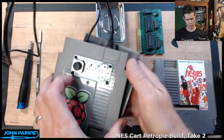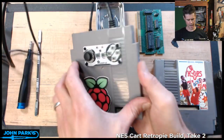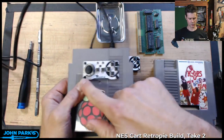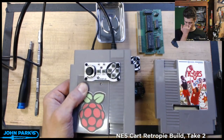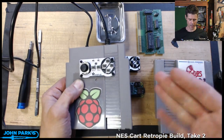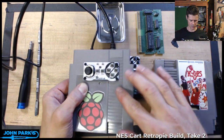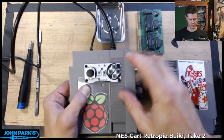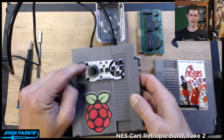And then on this one, and I say on this one because I think I'm going to do it differently today, on this one I had drilled out some holes and screwed the Pi bonnet onto the case, which is great. It's really nice and secure. I think I actually don't need it to be that way. I'll at least show you this alternate way today, and then you can decide. This one's a little bit more involved, but it's a very nice finish, and I think the screws look kind of cool on here. These are little 2.5 millimeter